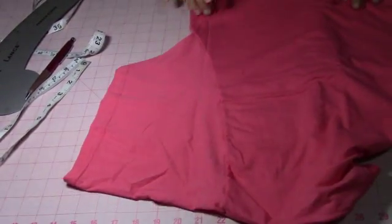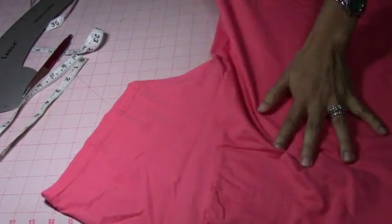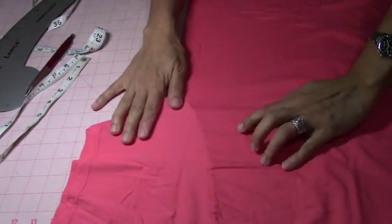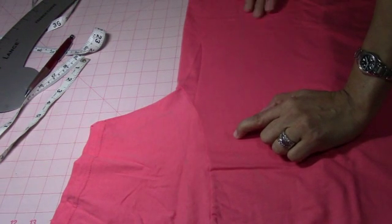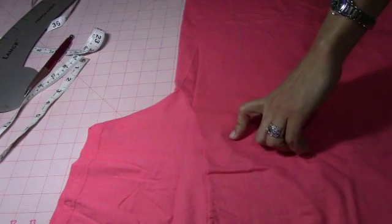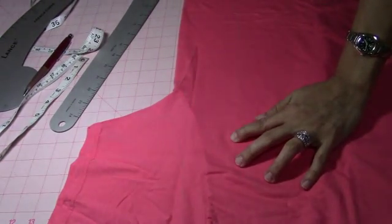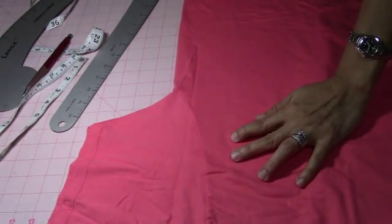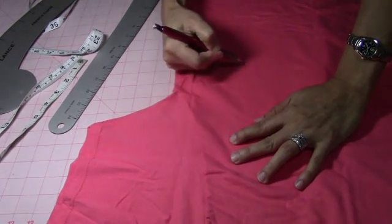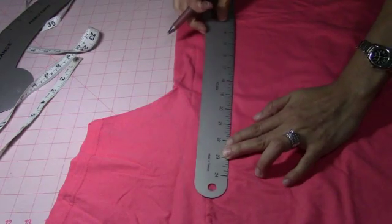Now I got my sleeve and I got my armhole right there. Now I just have to connect my bust circumference all the way with my hip. For that, you can use whatever ruler to make it straight, and then with the free hand you can go and make a little shape in the waist. In this case, I'm gonna use this,